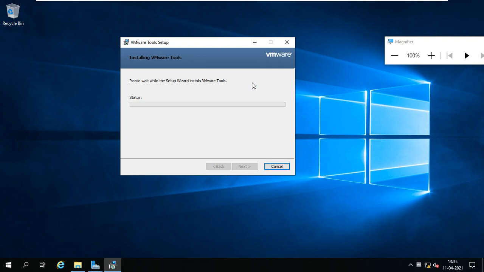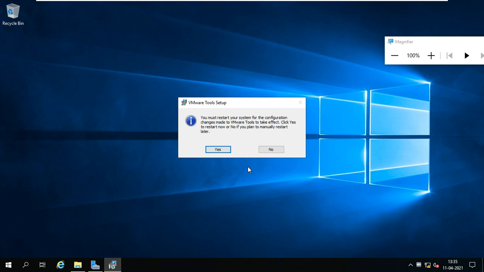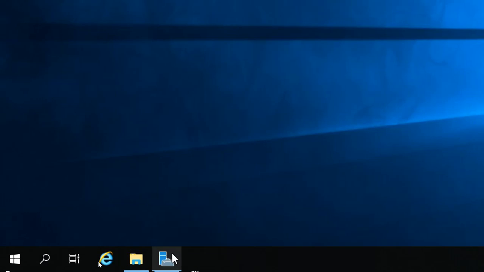Okay. After installation, it is asking for a restart now. Finish. It is asking for a restart now, right? What I will do, I'm clicking on no. I'm going to shut down this one.